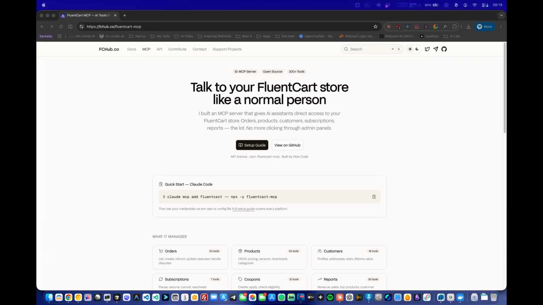Hey all, so I want to show you today a FluentCart MCP server. This is something which is very, very cool for people who use AI. I've spent a couple of days figuring out how to put it all together to be perfect for 2026, and I came up with some kind of solution, which is again independent